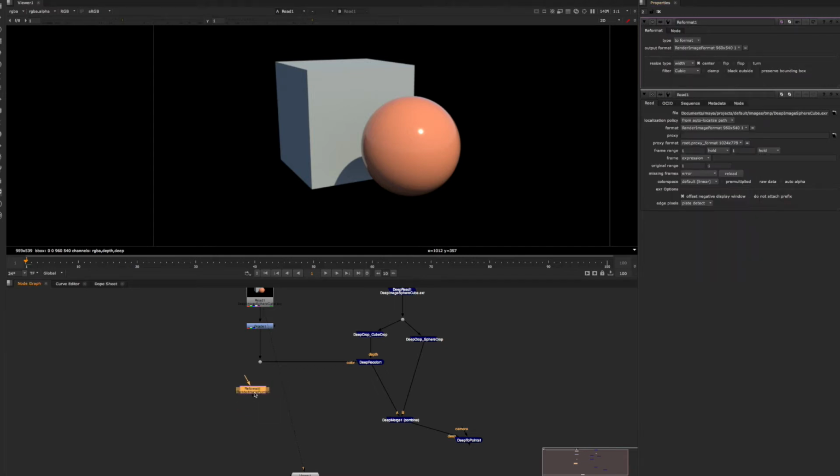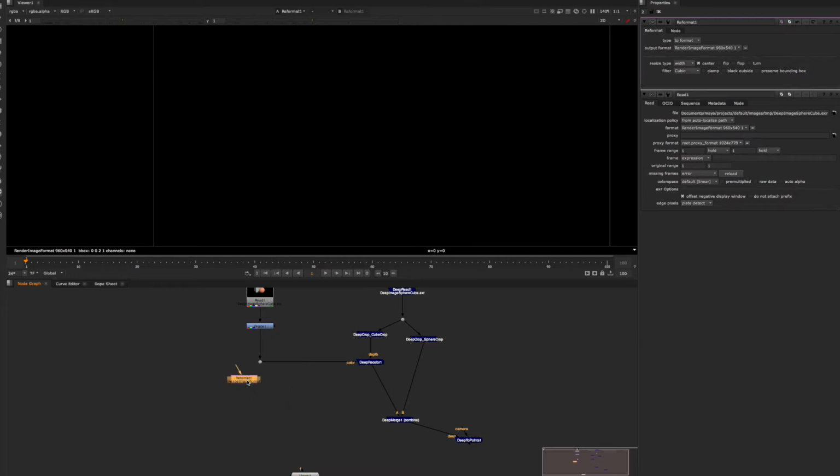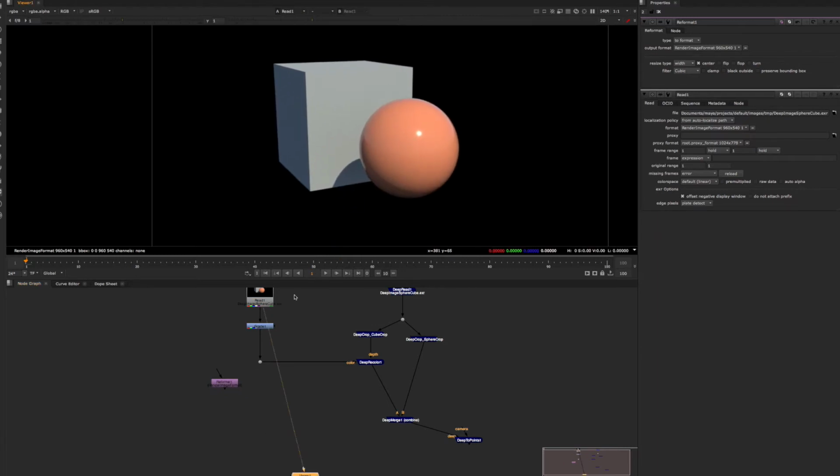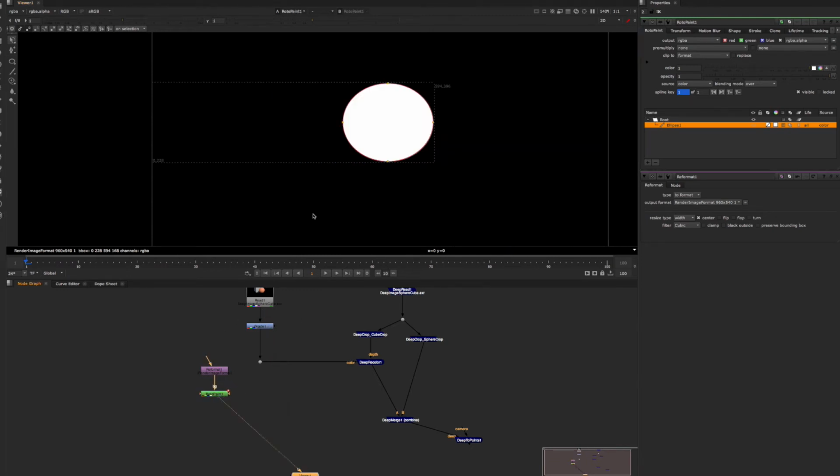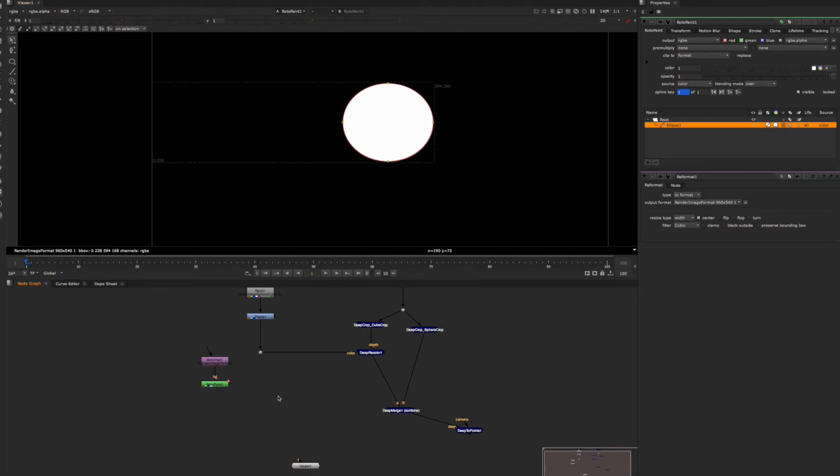So I've just created a reformat node because I want to create a rotor shape and I want to inherit the render format 960 by 540 to show something else that you can do with deep data. So I'm just going to create a RotoPaint node, just a standard RotoPaint 2D node. Do I draw a curve? No, I'm just going to use an ellipse. I'm going to draw a circle or something circle-ish, and I've got it overlaid on my image to know where I'm actually positioning it. Setting the viewer to the RotoPaint node, this is just the standard RotoPaint circle, white color,